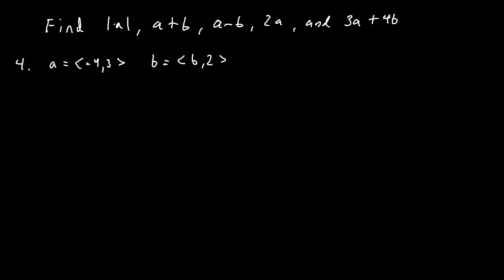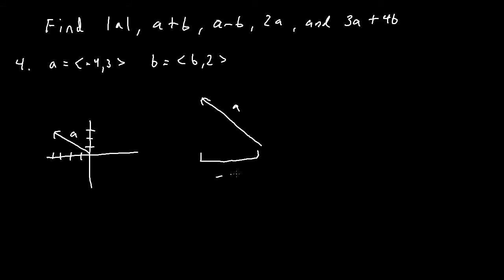So let's say we draw the vector a. So vector a has the components negative 4, 3. Or in other words, its x component is negative 4 and its y component is 3. So vector a is going to look something like this. Now if I were to expand that out and make it a little bit bigger here, we have vector a. So its x component, once again, negative 4, and its y component is 3. So if I were to make this a right triangle here